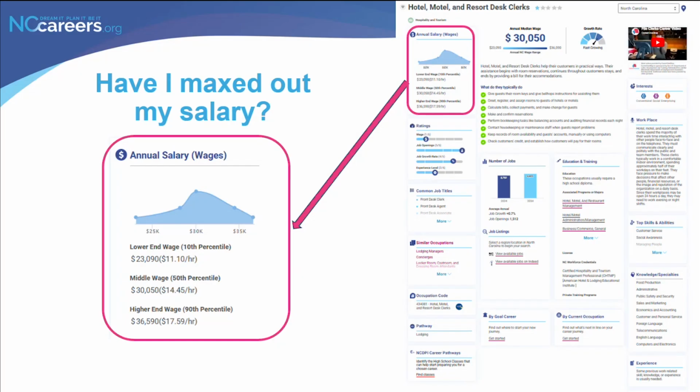It could be experience, education, location, industry, and based on James's 4 years of experience in his role, we can gauge that he's probably earning closer to that higher end wage, and he can determine that based on his current salary. And if he is making closer to the higher end wage, that's a signal that it's probably time to look at what's next, because there's probably limited career growth opportunities within his current role in terms of getting a higher pay.